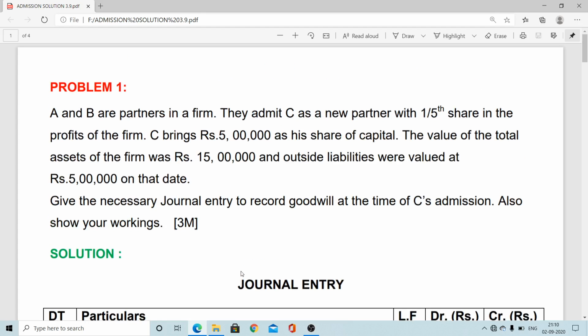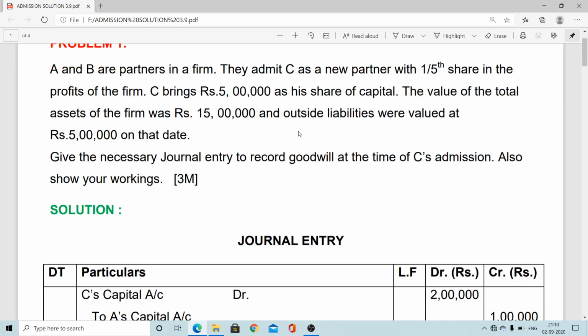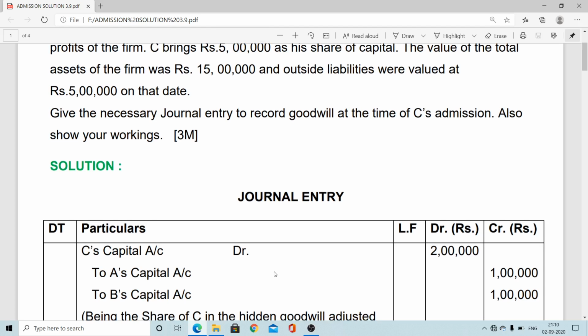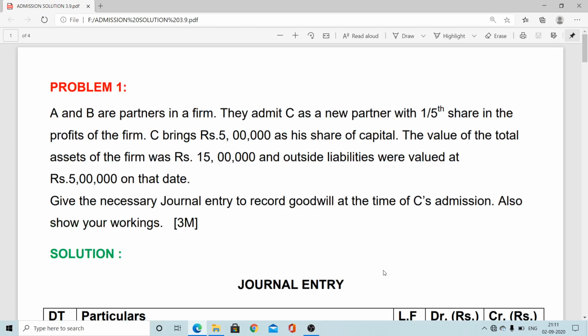So here we are applying the memorandum method, and it is assumed to be the fluctuating capital method. Here the current account balance is not provided, not mentioned, so also not the fixed capital method. So therefore C's, the incoming partner's, capital account is debited to old partners under the sacrificing ratio. It will be an equal ratio, nothing mentioned means it is 1:1, and that will come as the SR. So therefore C's capital 2 lakh, to A's capital, to B's capital. So this is the way we can calculate.